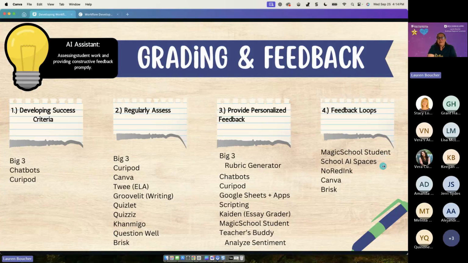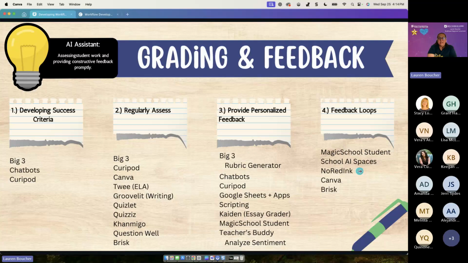School AI Spaces actually does the feedback loop for you. You have all the data and you can see 100% of the communication back and forth between the student and an AI chatbot, but they're getting the feedback from AI.